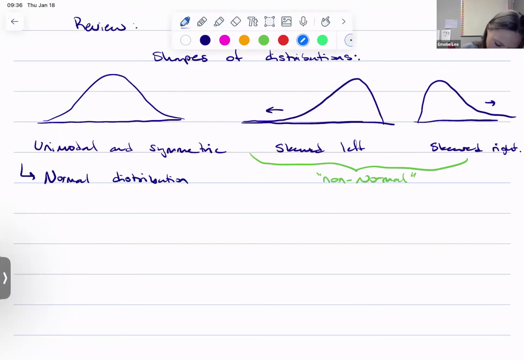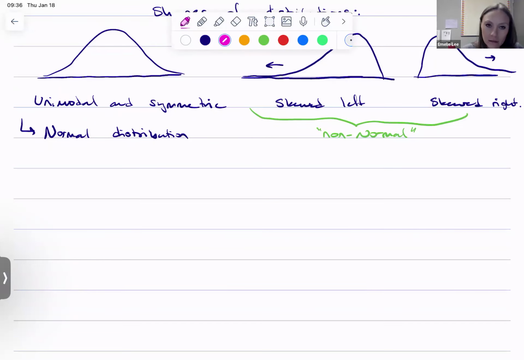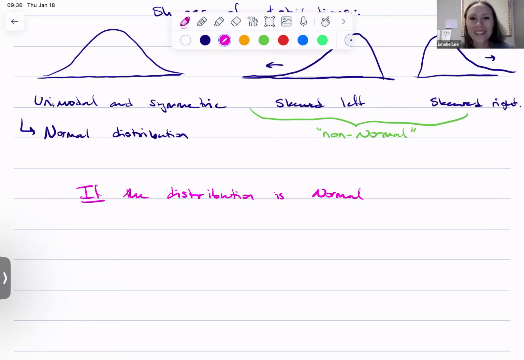But if the distribution is normal, the appropriate measures of center and spread are,